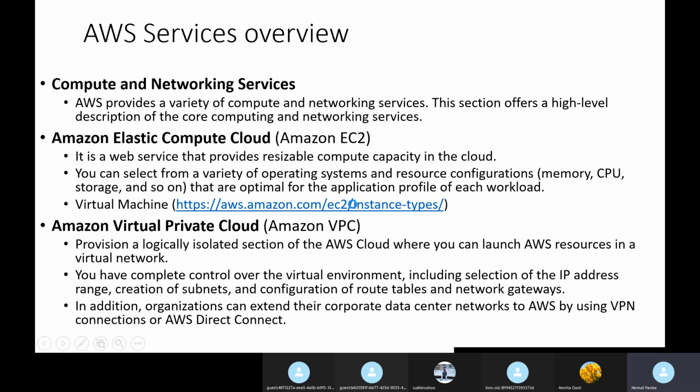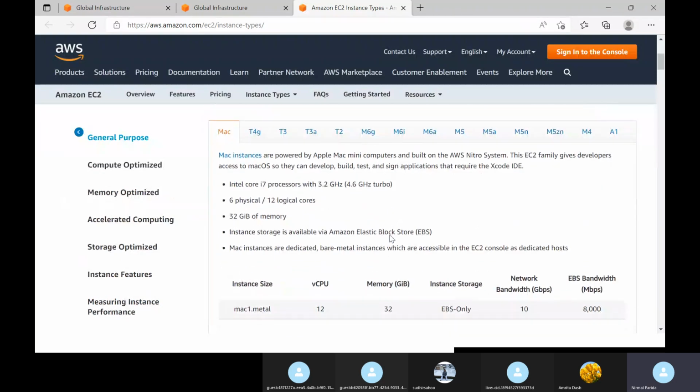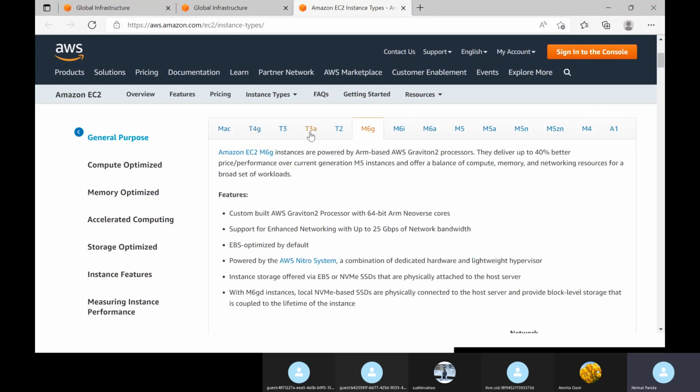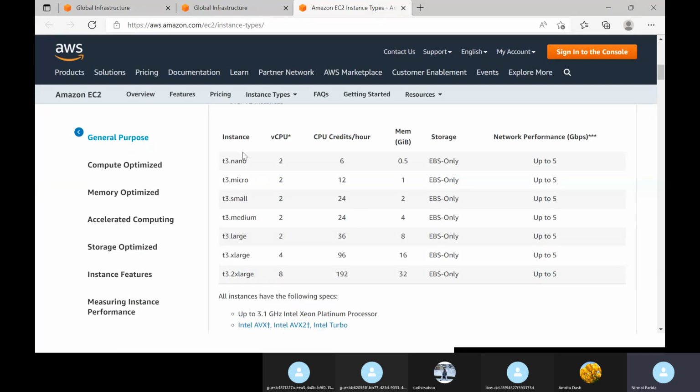I can show you. You can choose your instance type. There are many instance types supported by AWS. As per your configuration, you can choose one instance. Suppose I am going to use some T3. T3 has many families. If I choose this T3 small, I will get 2 cores of CPU and memory like 2 GB, and you can also choose a hard drive, how many GB or TB you want.